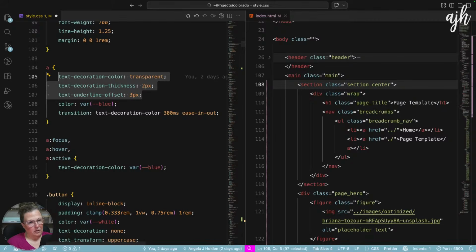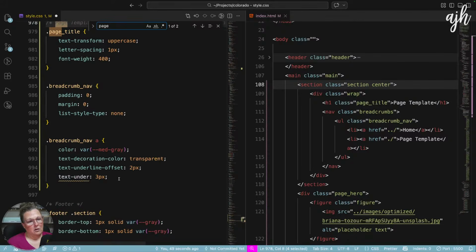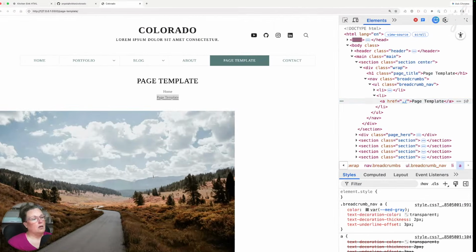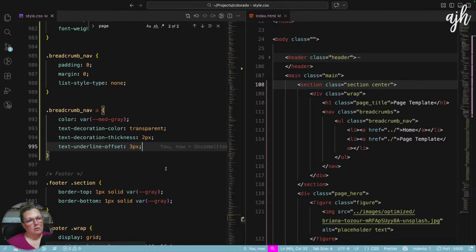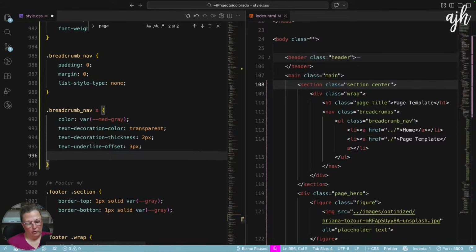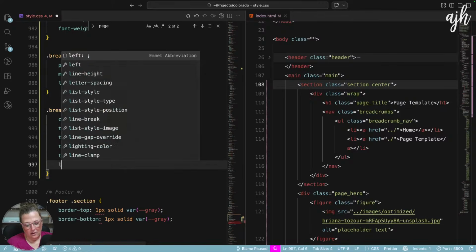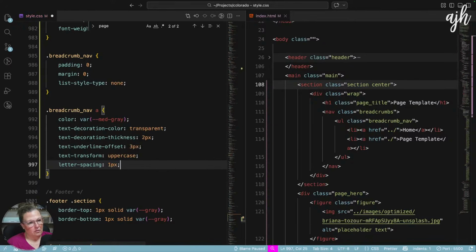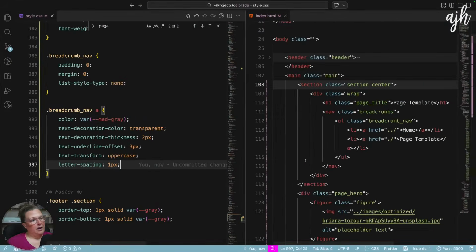I'll just copy all of these. There we go. Okay, now we're good. And then let's make sure that the text transform is uppercase. Give it a little letter spacing. And then let's make sure that we'll just use